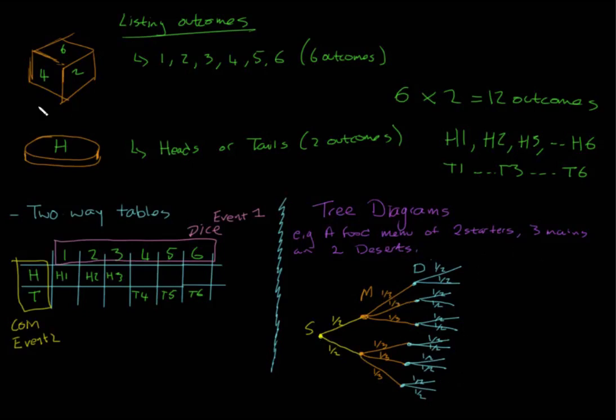Well, we'll just go to a different color here. We'll go to white. So there are 2 possible outcomes with my starters. Remember, when we've got more than one event, we multiply the outcomes by each other. So multiplying the outcomes, I have 3 options for my mains, and I have 2 options for my dessert. So 3 by 2 is 6, 6 by 2 is 12. So there's a total of 12,